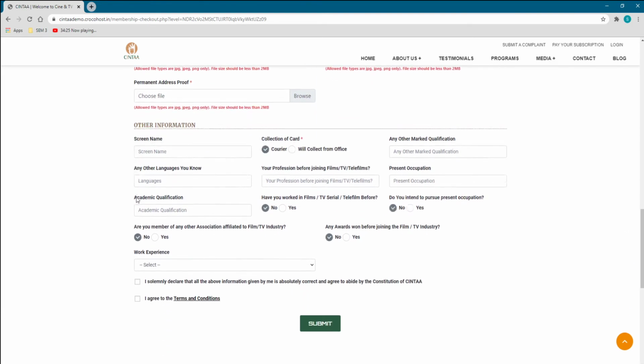And just below that, the last section is the other information, like screen name, collection of the card, courier or will collect from the office, any other qualification or languages, profession before joining film, television, telefilms, etc., present occupation, academic occupation, worked in films, yes, no radio buttons are there.